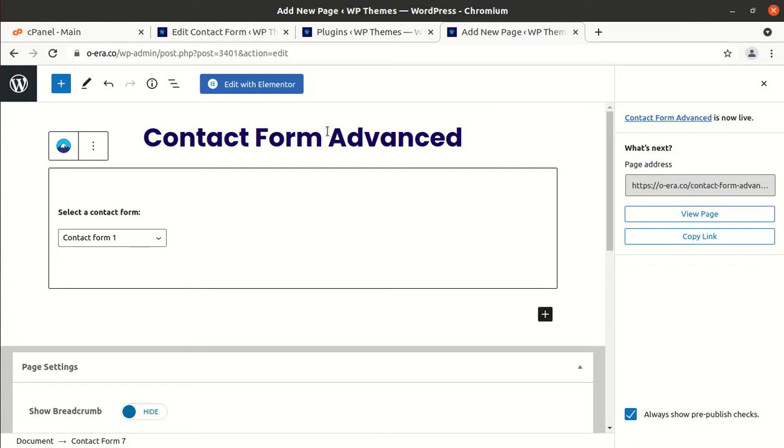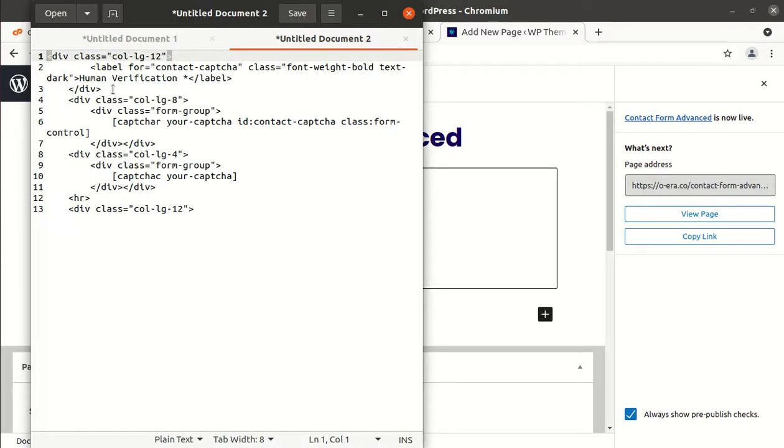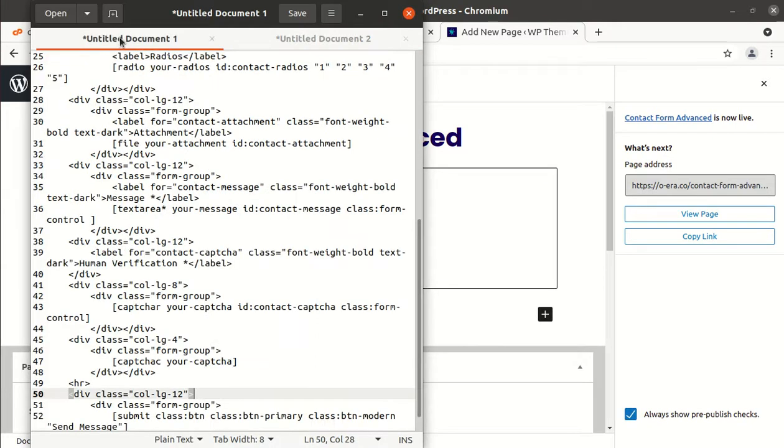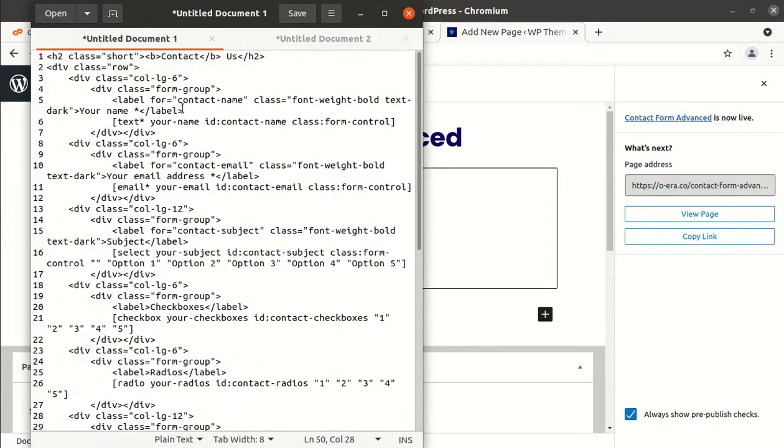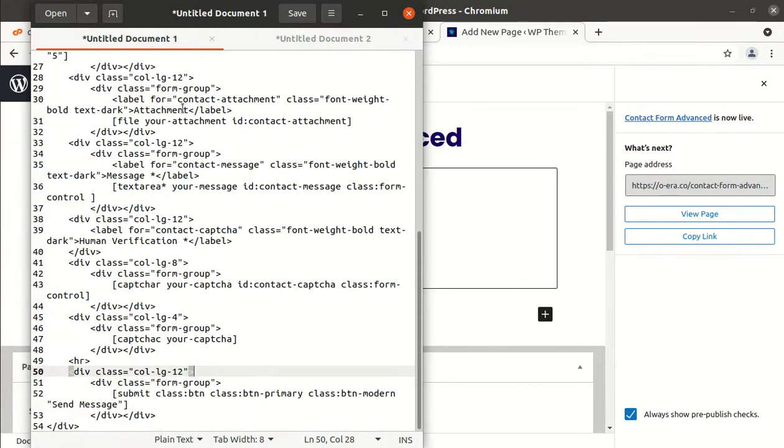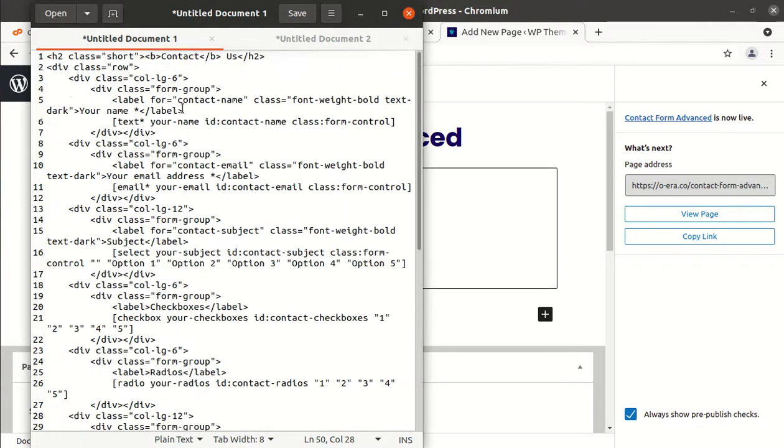So now I am having another code snippet for you. This is also available on the link given in the description of this video. This is the complete contact form 7 with all the features. Almost all the features have been used in this contact form 7, and this code can be very helpful for making a very advanced contact form 7 with all options. So, I am simply going to use